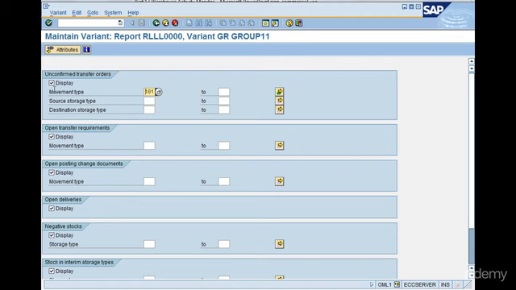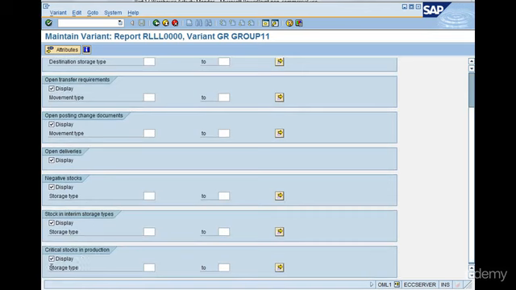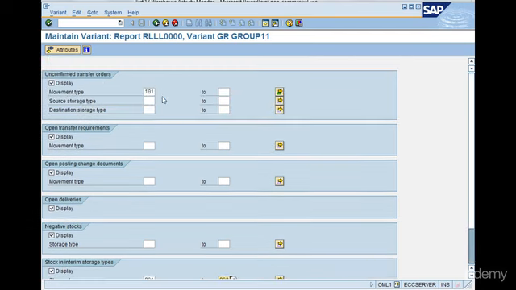Also I would want to display something in the interim storage types for the inbound goods receipt. So I can choose 901 and 902. 902 is for external vendor, for purchase orders from external vendor. 901 is for the internal procurement. So I just want to display this and the movements, the TOs with this movement, unconfirmed transfer orders with these